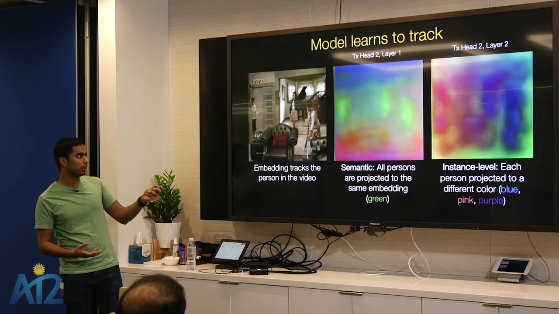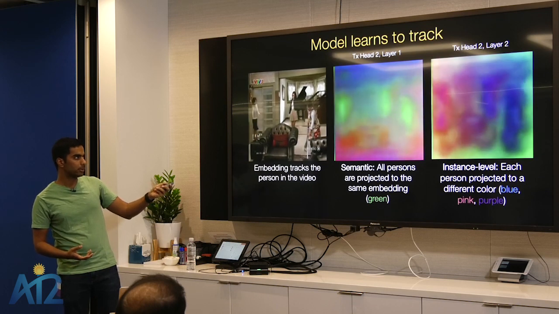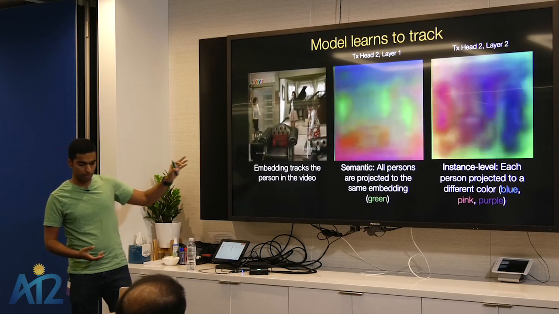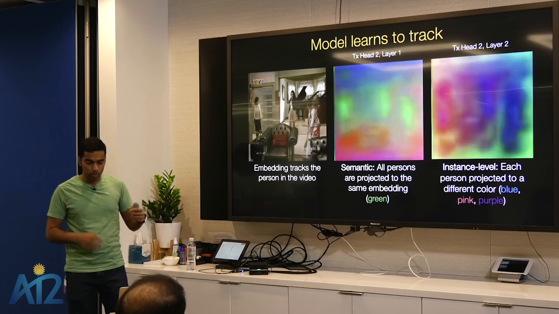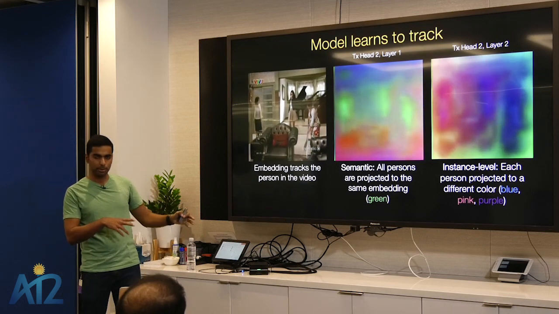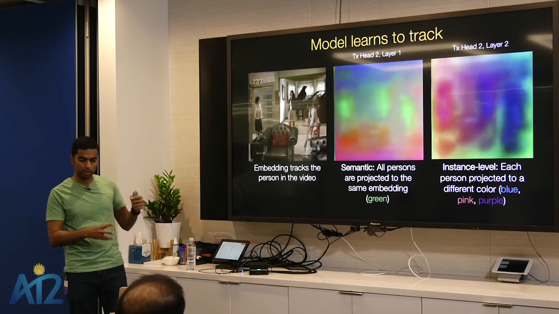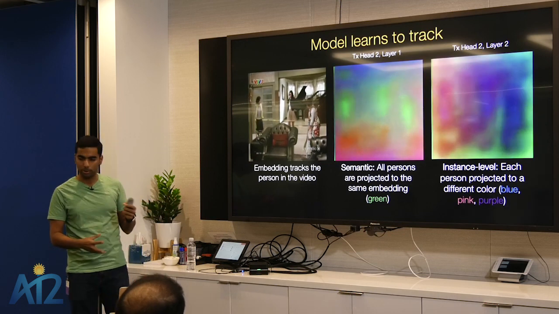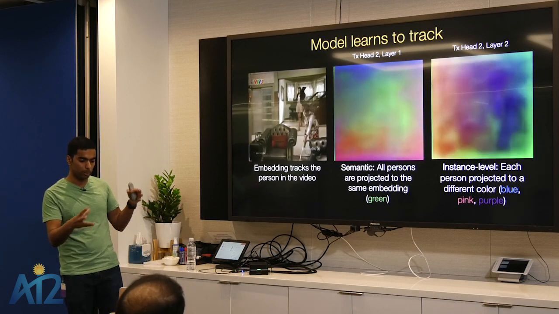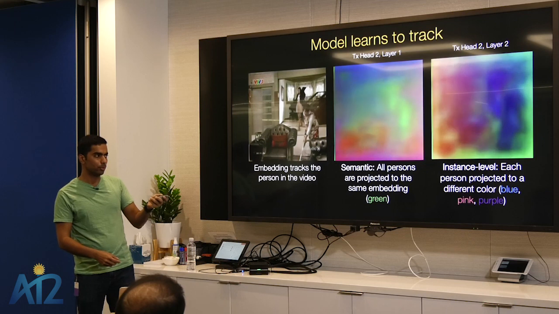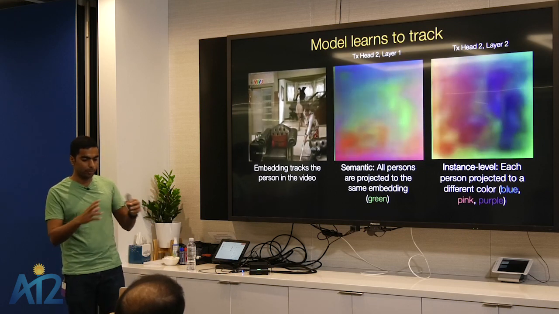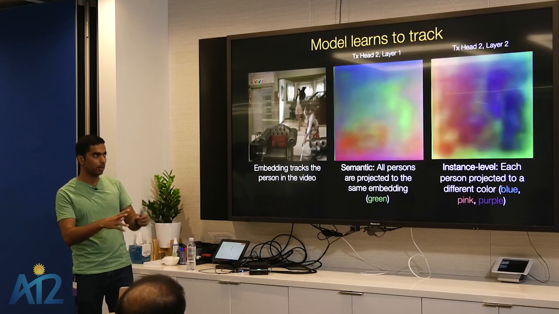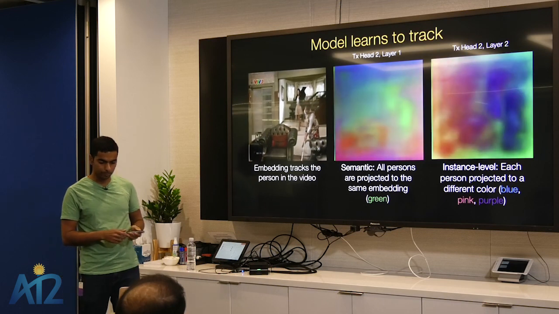These green blobs are basically tracking the people as they move. What was more interesting was that one of these layers ended up tracking people in a semantic sense: all the people were projected to this green embedding, all in the same embedding. Another one was more instance level, where every person was embedded in a different color, but they were still being tracked.